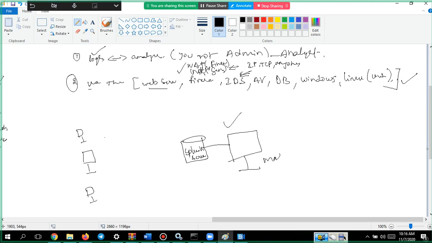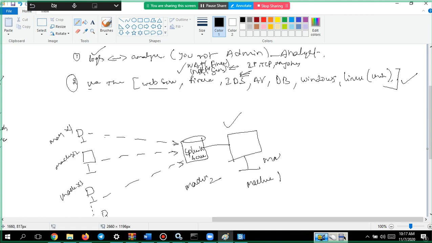This is a different machine. This is machine 1 and this is machine 2, machine X1, machine X2, machine X3, like that so many machines will be there. All those machines have to send the data to where? The Splunk server.